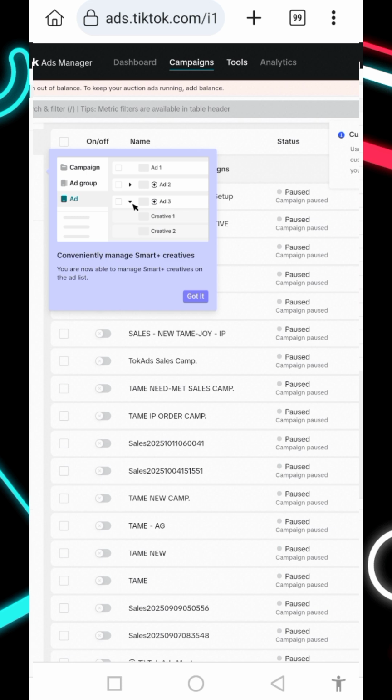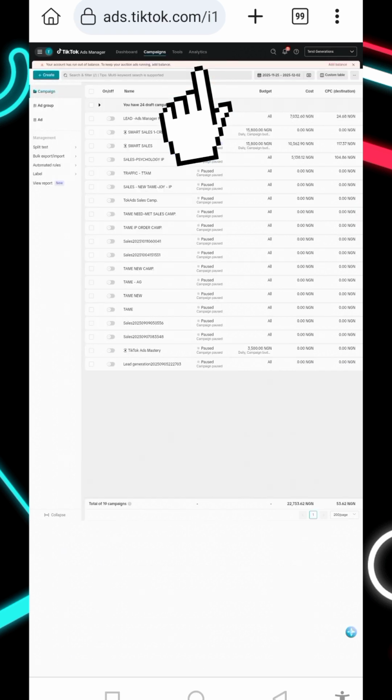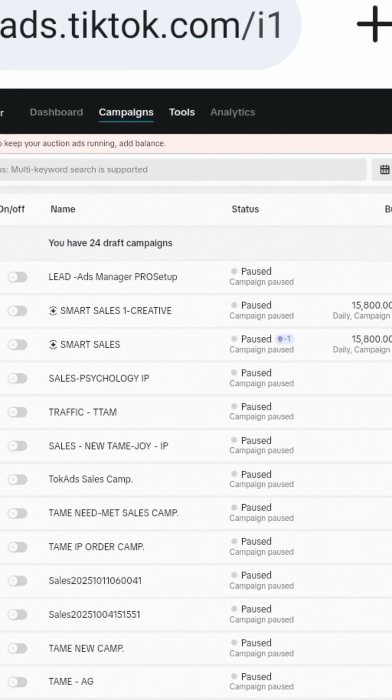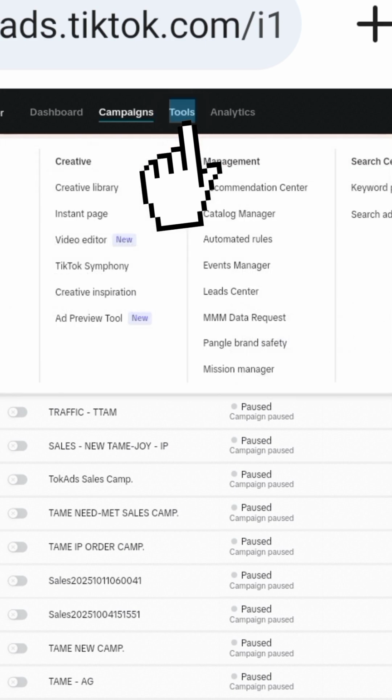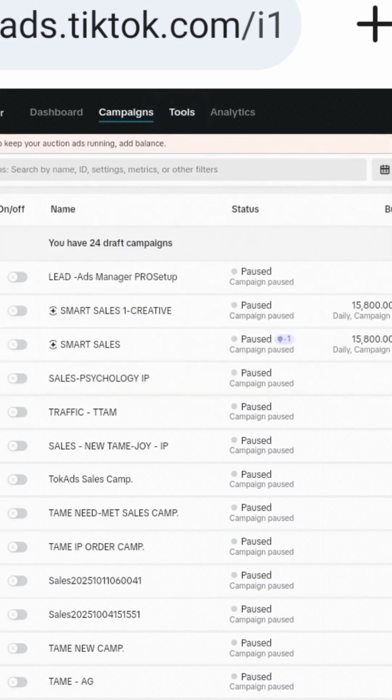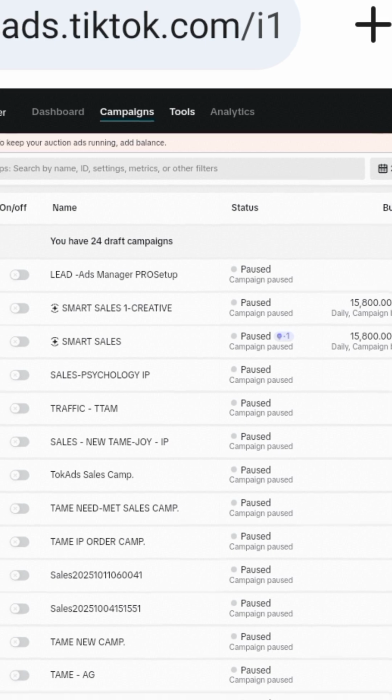Now that of campaign is very easy. Can you see? I just clicked on it and it opens. But sometimes when you want to check the tools, it doesn't come up. If you click again, it doesn't come up. Even if it comes up, it disappears before you even see what to click on. Can you see? So what I do in this case, or what you do in this case, is to come